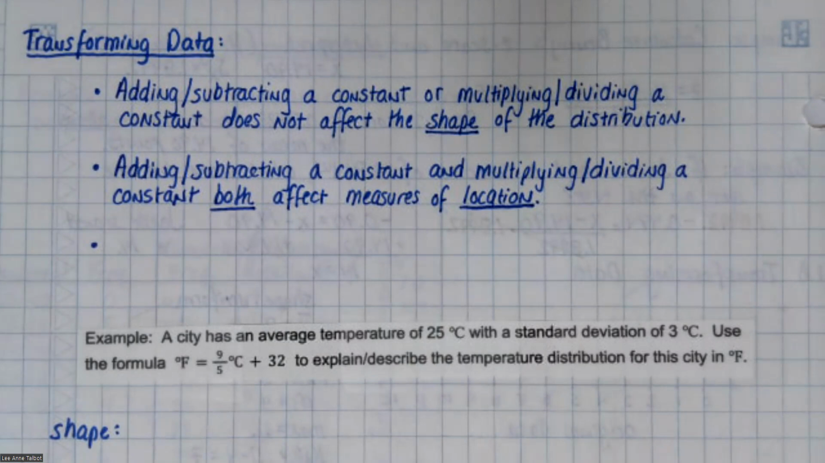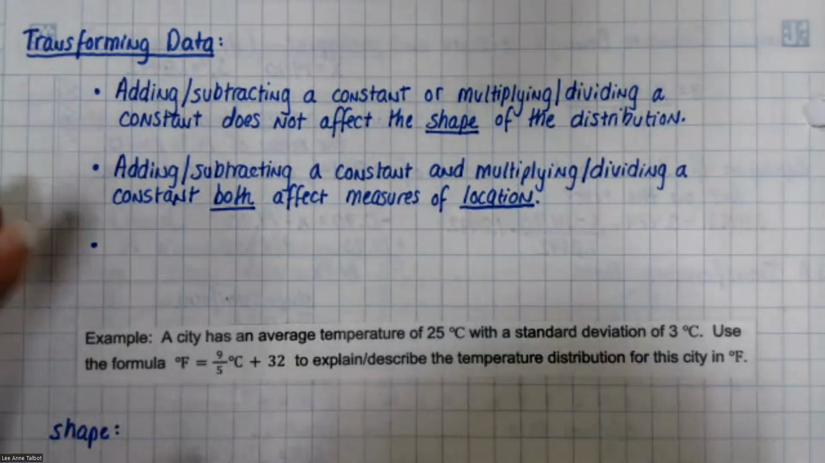Okay, understand that this is going to sound a little collegey right now. Adding and subtracting a constant, so adding 3, minusing 3, and multiplying or dividing by a constant, like times 2, divide by 2. Both of those affect the measures of location. It would do us a lot of good to list some measures of location so that we know exactly what I'm talking about. So, for example,